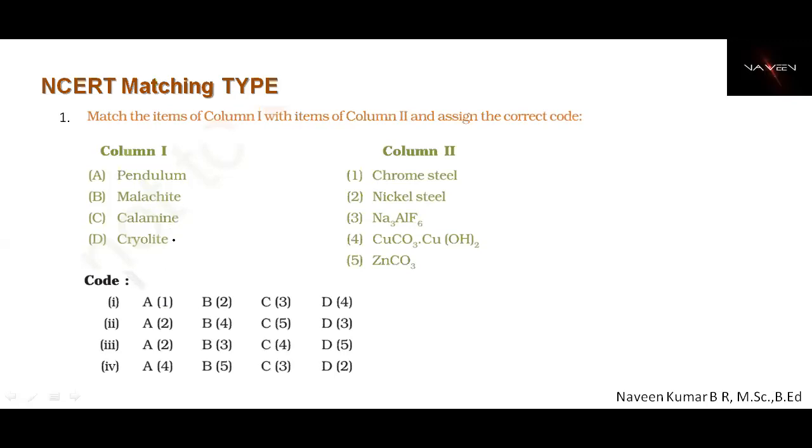If the matching type question has the codes given as MCQ options, it is very easy to recognize. With your better known column 1 information, match with column 2. If you observe, all the matches are not the same except a few, and the remaining are different, so try to identify the best match. We know that malachite is an ore.